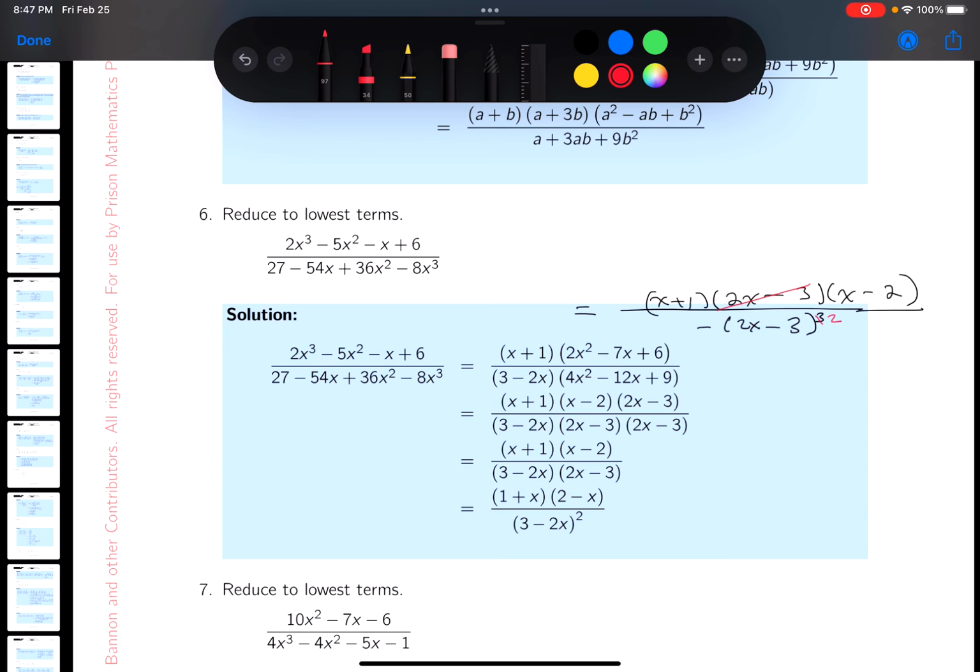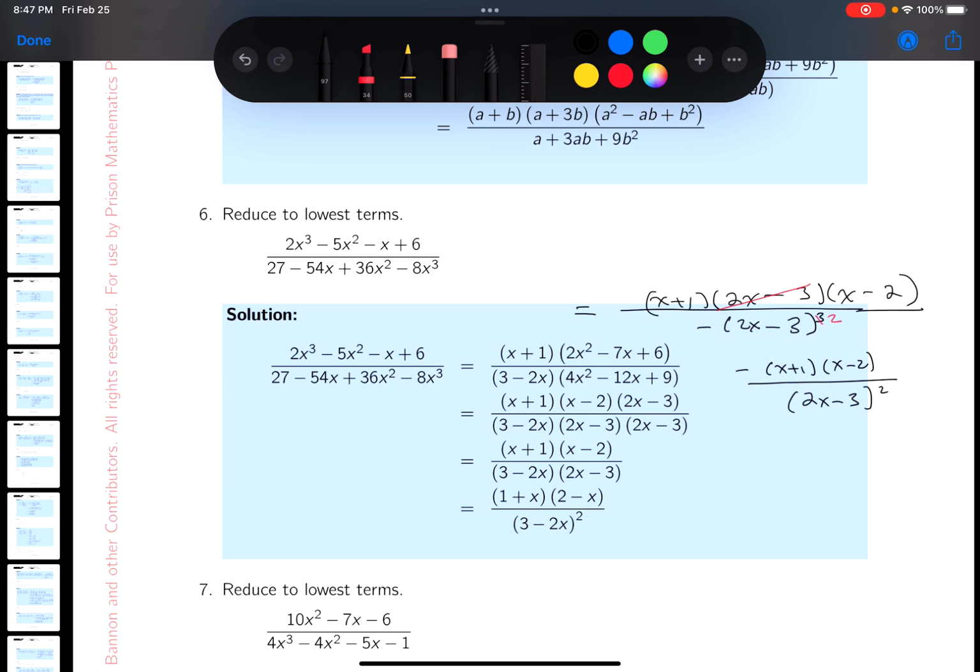What are you left off with? Let's write it down. And go back to black. You get x plus 1, x minus 2. I can put the minus sign on top now, and on bottom you get 2x minus 3